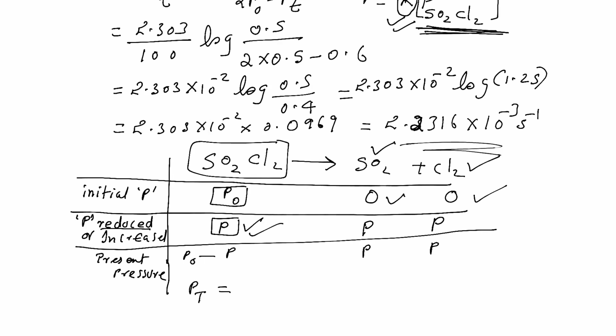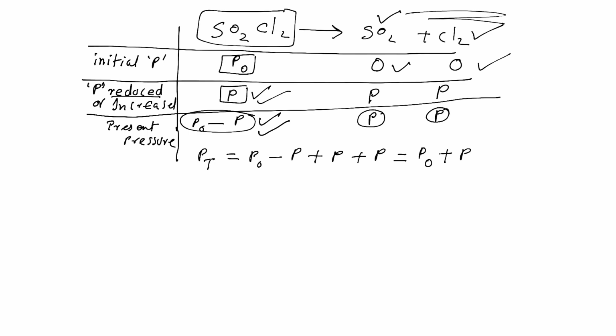Total pressure means pressure due to SO₂Cl₂, that is P0 minus P, plus pressure due to SO2, that is P, plus pressure due to Cl2, that is again P. On adding all these, what will you get? P0 plus P. Got it? So we can write Pt is equal to P0 plus P,